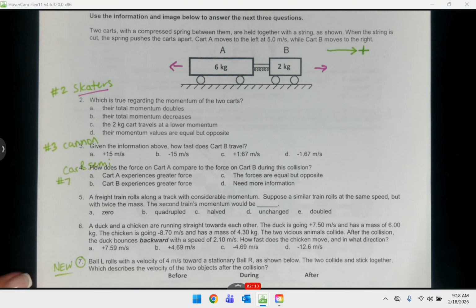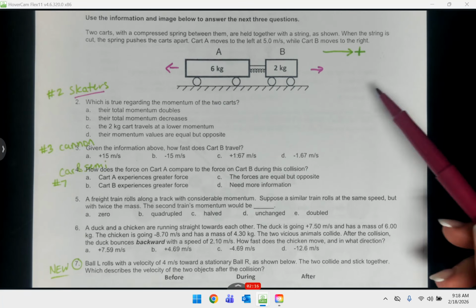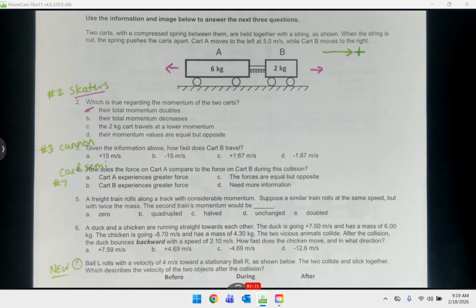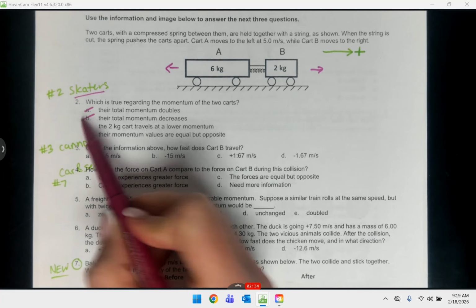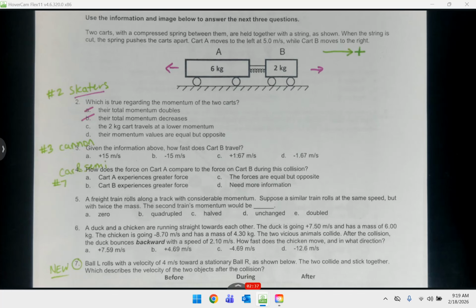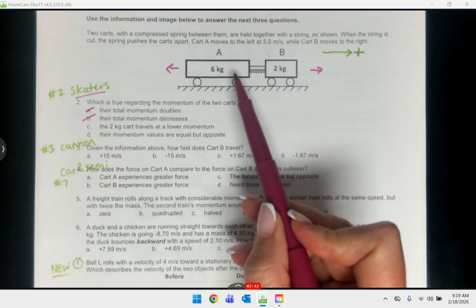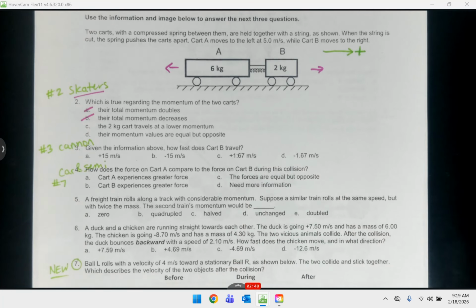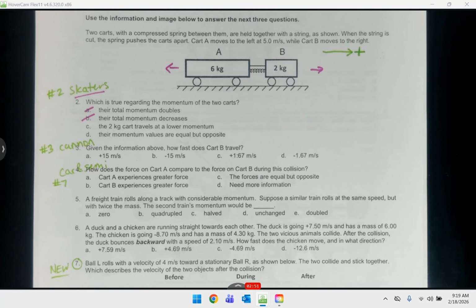Again, when you have a collision, regardless of what type it is, whether it's recoil like this one, bounce apart or stick together, we know that in any of these types of collisions, when we analyze our 2 objects involved in the collision, we're going to see conservation of momentum. And so we would not expect anything to have double the momentum or for their total momentum to decrease. We're expecting the amount of momentum to stay exactly the same. And so in a recoil, that means the momentum of cart A should be equal and opposite to the momentum of cart B, since the initial momentum of this system is 0. They start out at rest. And so they need to end up with the final momentum of 0 as well,